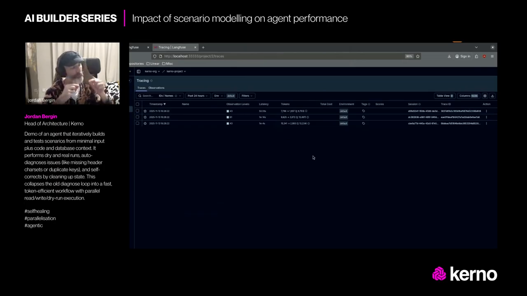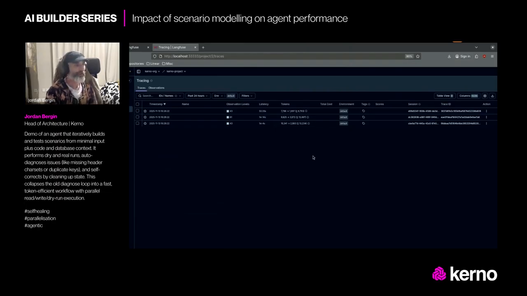There is a lock around accessing Docker Compose, so only one real scenario can run at a time. But everything else, the reading, the writing, the dry runs, it all runs in parallel. And the real running of the scenario, it takes milliseconds. So chances are they're not going to impact each other anyway.